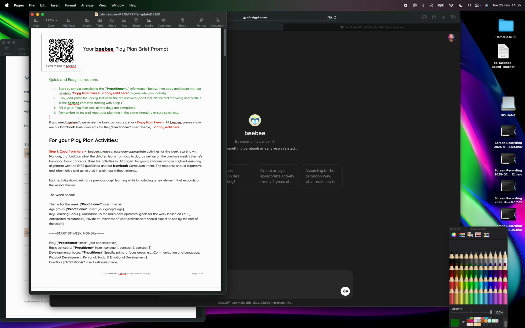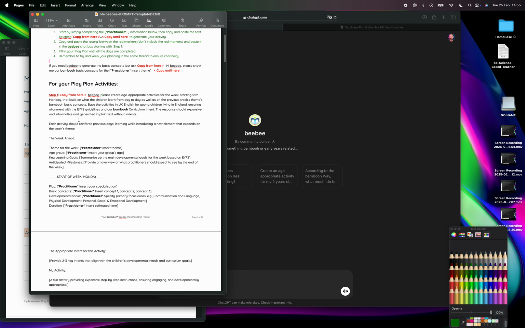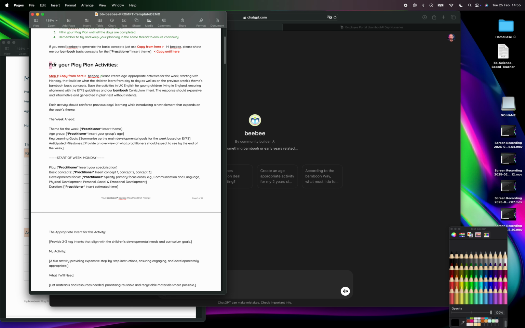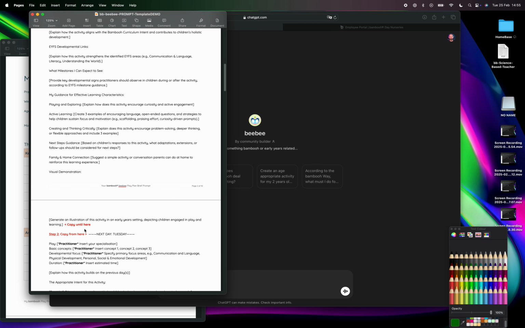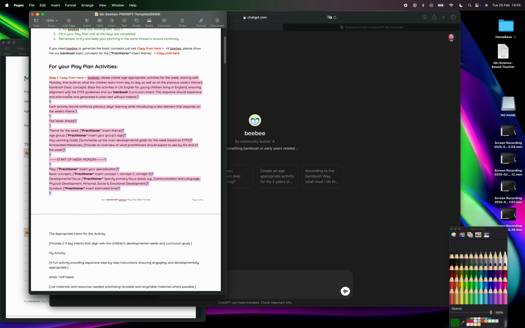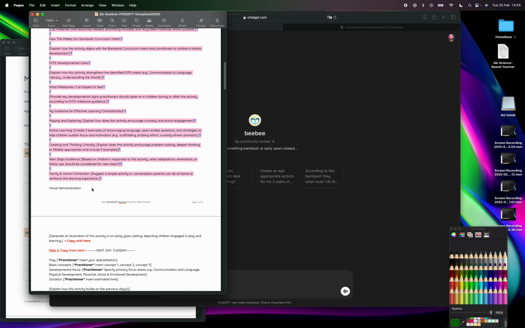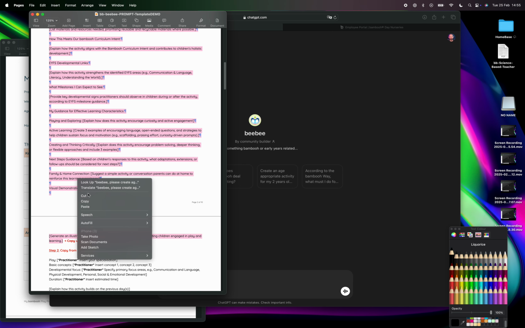It basically comes down to the most important part, which at this moment is your play plan activities. It says copy from here. Do not copy the red bit, only the bits between the two red markers. You'll see there's a copy from here until there, which is the end of step 1. So you'll grab them and drag them all the way down, copy,